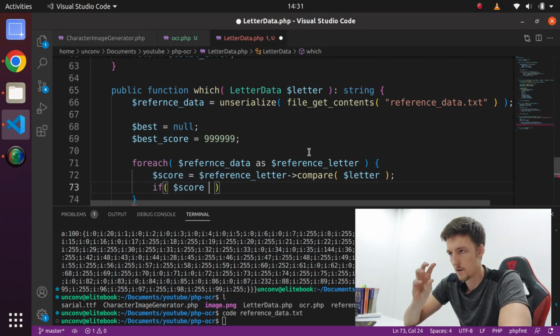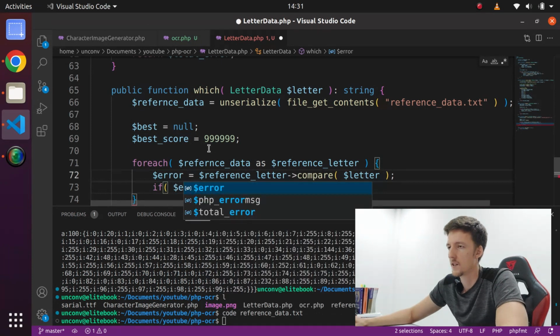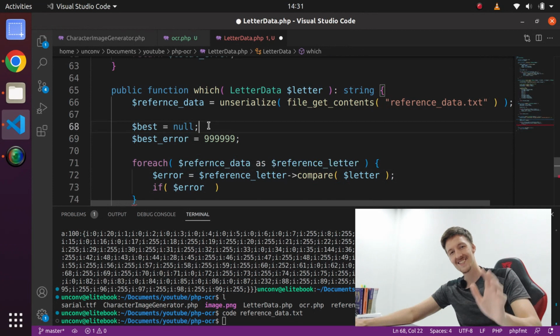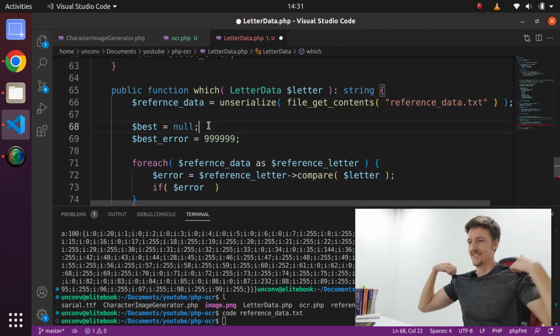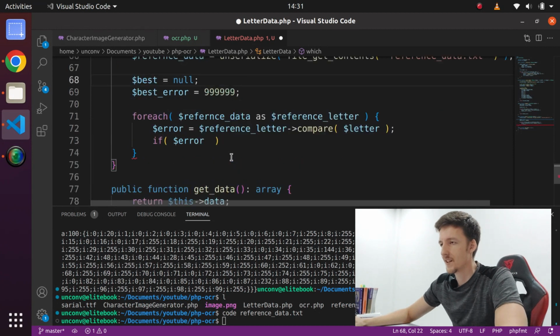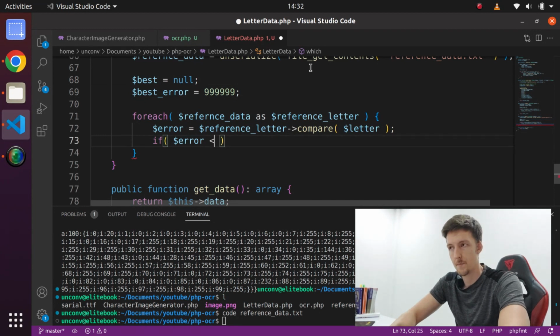It shouldn't be score, it's error. Best error. The best error, okay? That's like the last winner. If the error of this is smaller than the best error,